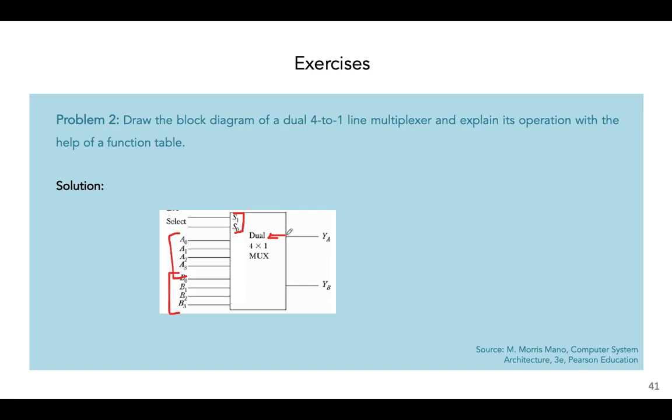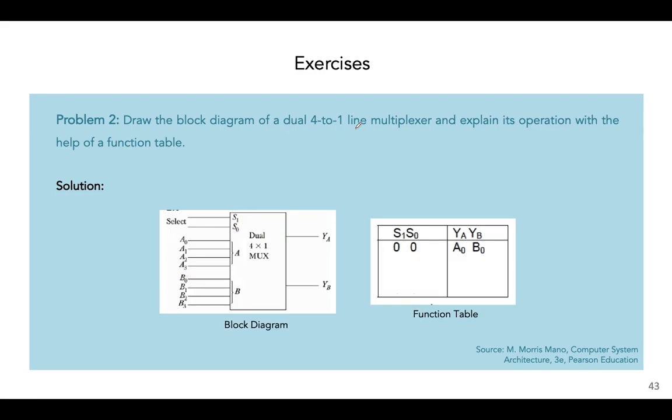So you can think of this as having two separate 4 by 1 multiplexers, but you have to be very careful because the number of select lines for a dual 4 to 1 line multiplexer will be 2 instead of 4. All right, so let's take a look at how the function works. Again, these two select lines are going to control the operation of this entire dual 4 to 1 multiplexer,